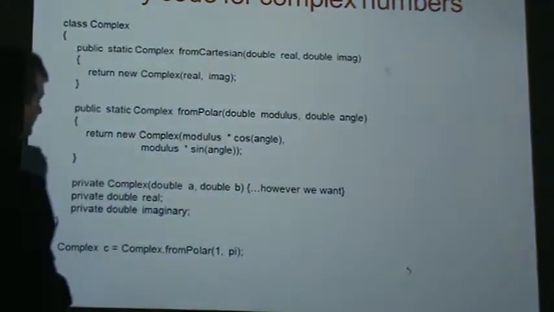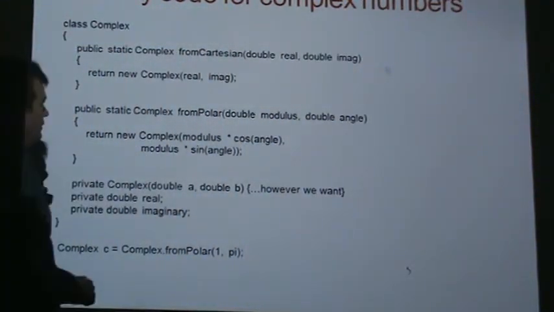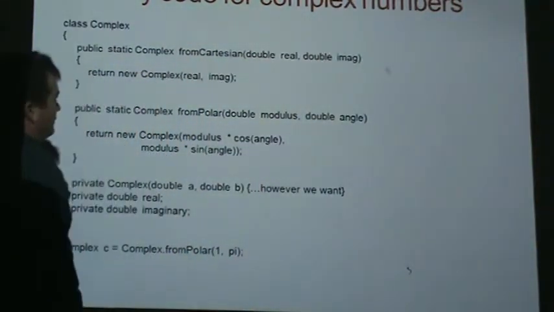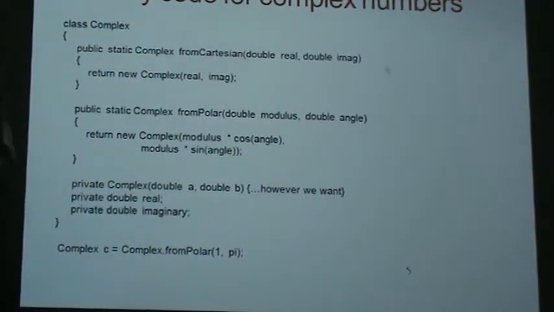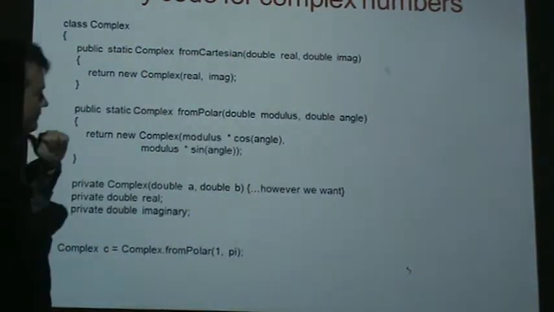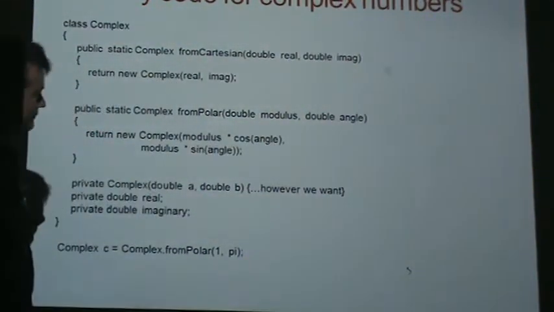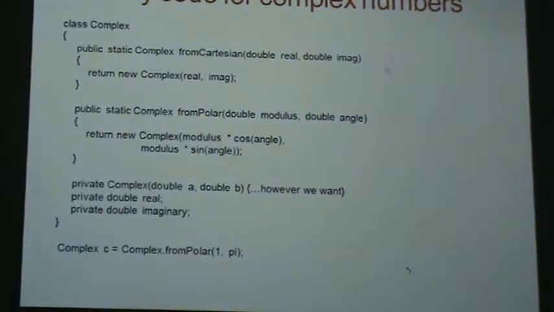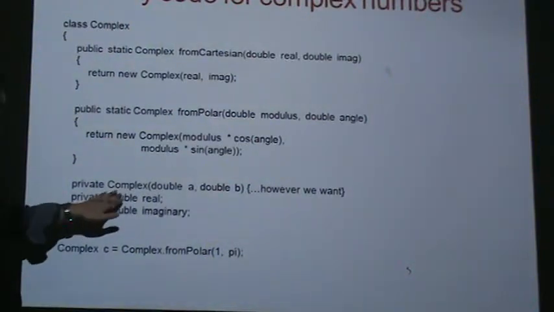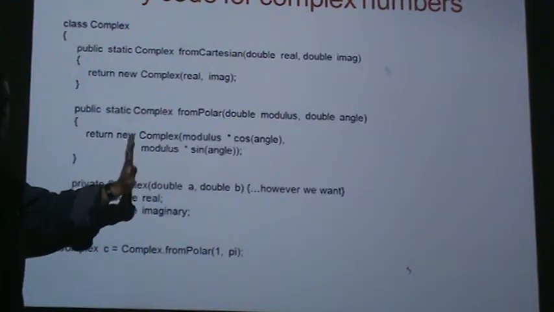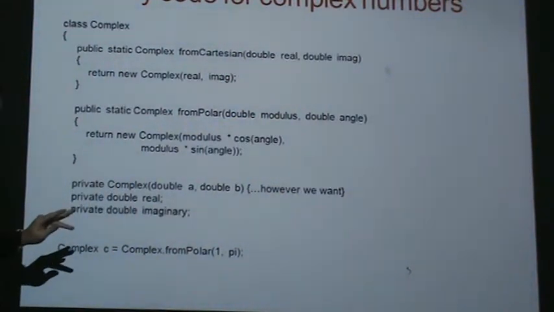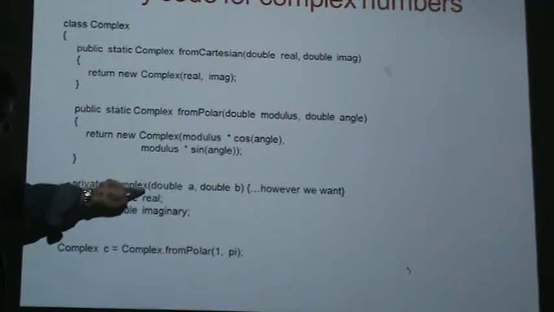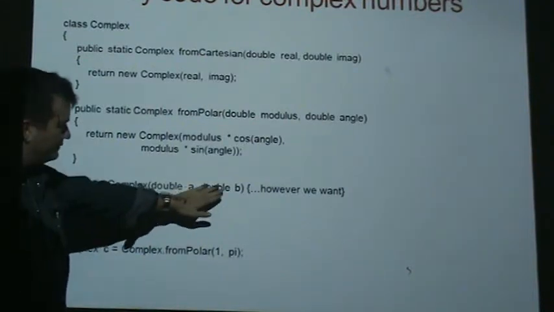So, for example, if they gave us the real and the imaginary numbers, we'd have one constructor running one way, and if they gave us the angle and the length away from the origin, we would create it a different way. But what we're really trying to do is create a complex number. So if we created a constructor for a complex number that took in two doubles,